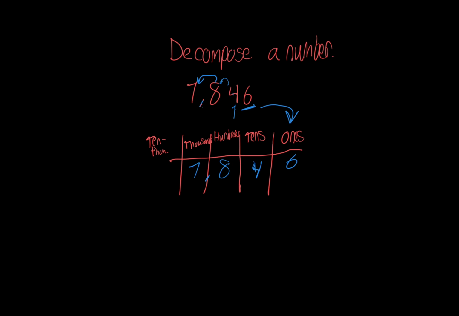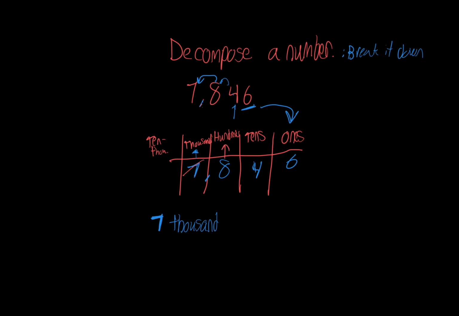All right, so decompose a number. Decompose is to break it down. We're going to break it down. So go ahead and watch this. All we have to do is just kind of write things out. So for example, we have the number 7. We start from here on that 7. And what's that place value called right here? 1,000. We have 7,000. All right, cross it out. We're done. All right, then we got